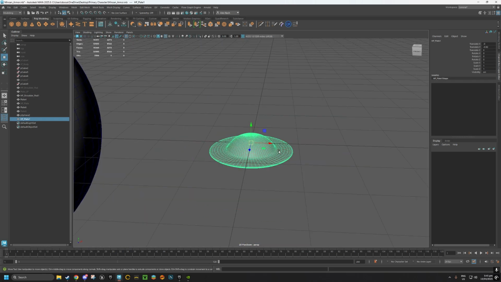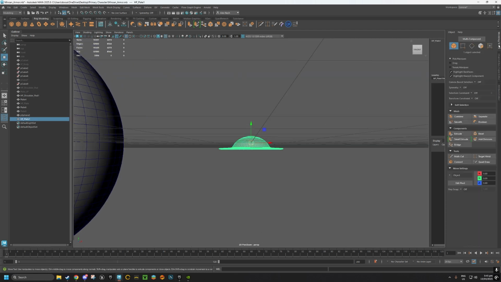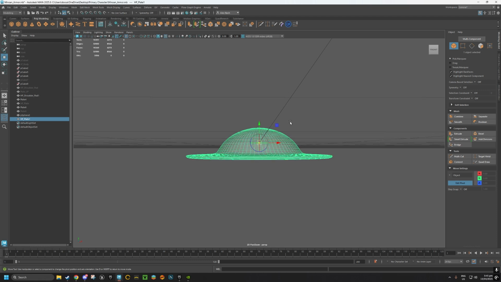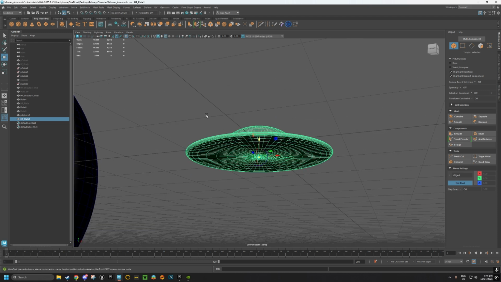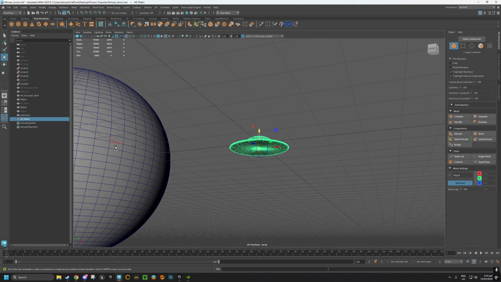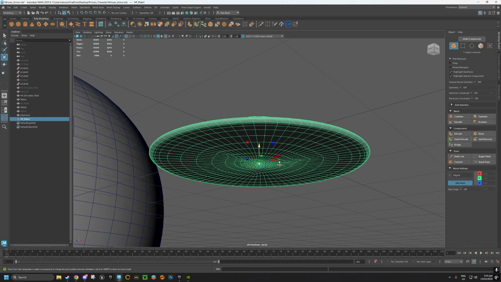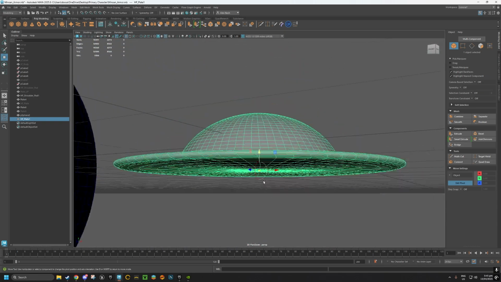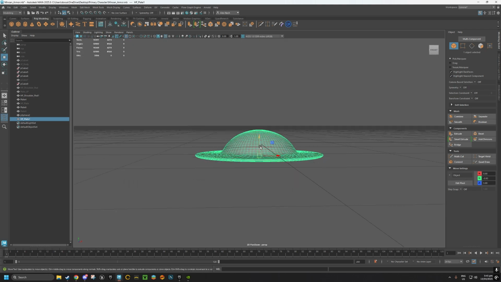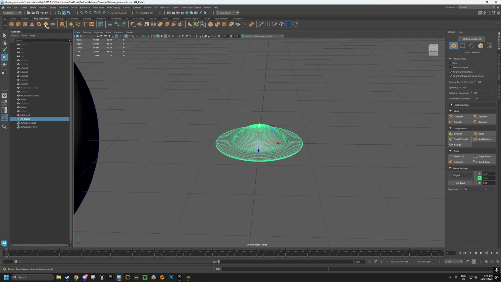So the proper way to do this is get your object here, and you want to make sure its pivot is on a flat on the surface that you want it to align to on your surface over here. For instance, in my case, I want it to be on the lowest vertice, on its flattest area. Then I want to bring it up to the grid here, and now I want to bring in a